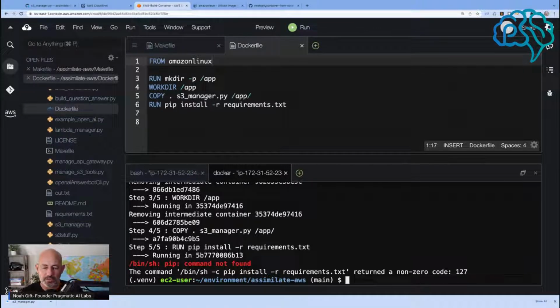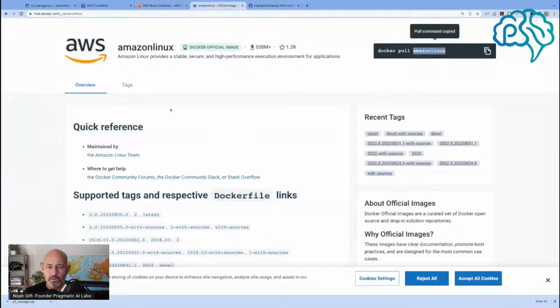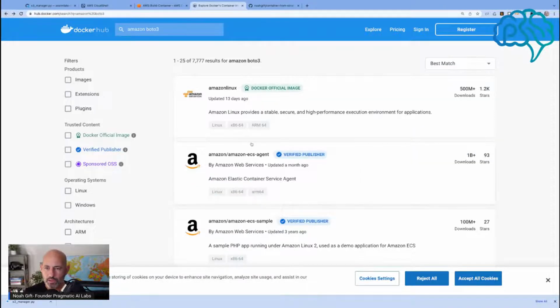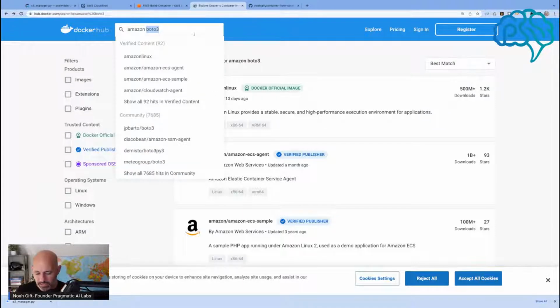So pip is not installed, which is not a good sign. So that could make things a little bit more difficult. So what could we do? We need to find something slightly more different. And I could look for Amazon. It'd be nice if I could find a better image here. So we have